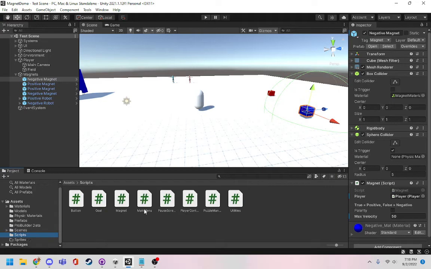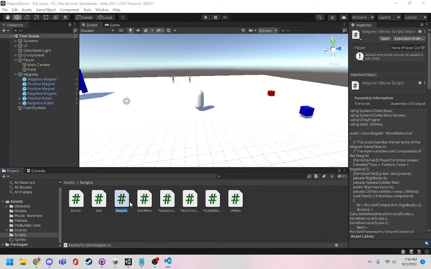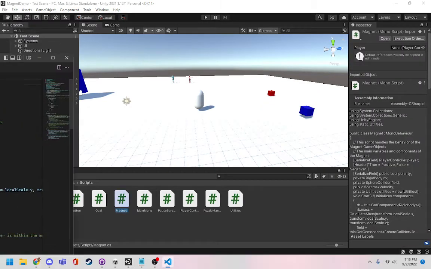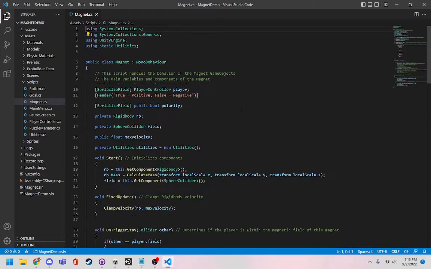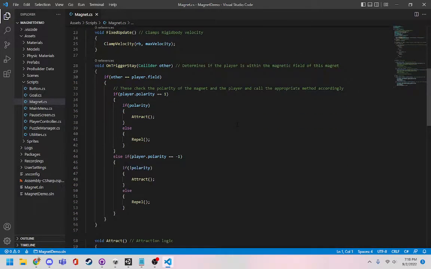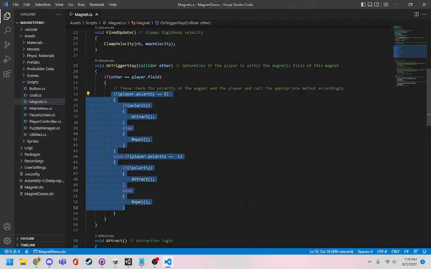I'm going to show you some of the code here. The main one I want to talk about is just the magnet script. This is the main one where the magnet logic happens. Yeah, right, on trigger stay. So it determines if the player is within a magnetic field of this magnet. And you'll see there's a lot of pretty basic if statement logic determining